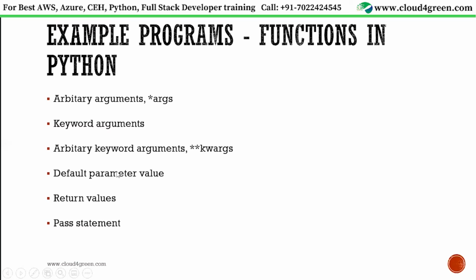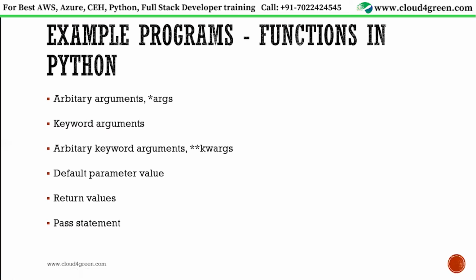The fourth one is you can decide to pass a default parameter. Default parameter is a concept which is already available in C++. Any of you who are familiar with C++ would remember this default parameter concept. But let me explain it here again with an example. Then you can have a return value from a function. Now, unlike other programming languages, Python is capable of returning multiple return values. It's something very different from other programming languages. Let's see an example for that also here. And what is the use of the pass statement? That also we'll see. So let's take one by one example for each one of it.